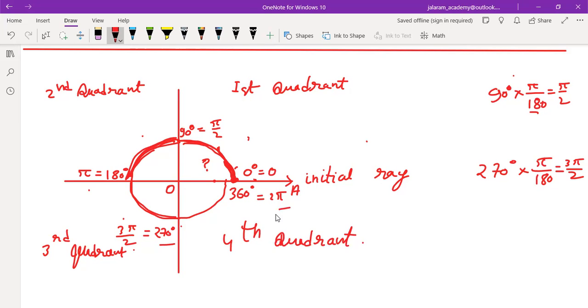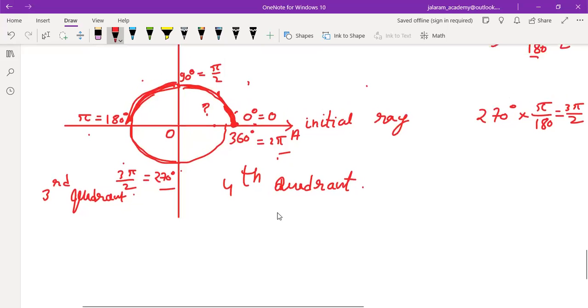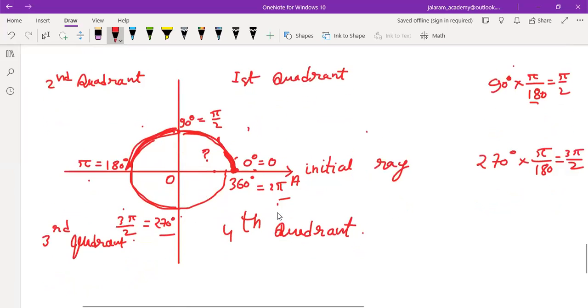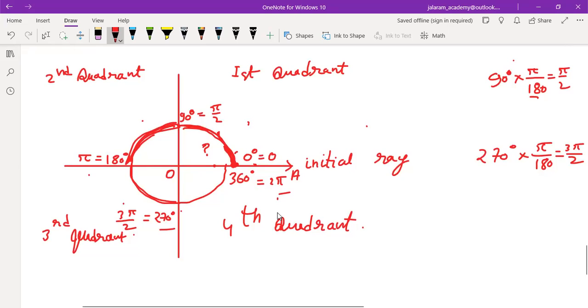That's why there was a question in our previous session to convert all the angles to coterminal angles which lie between 0 degree to 360 degree, to check in which quadrant they are lying: first, second, third, or fourth quadrant. So whenever the trigonometric ratio of an angle is given, first we change it to a coterminal angle such that it lies between 0 degree to 360 degree. The method we have already discussed and we'll discuss again while discussing the question. And then we'll find the sign.